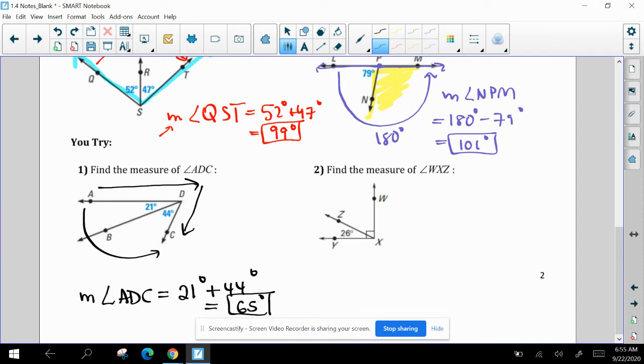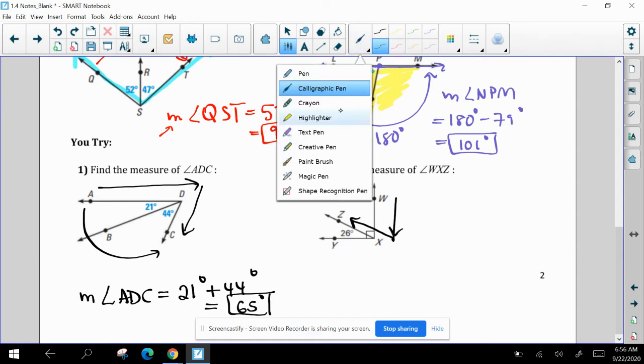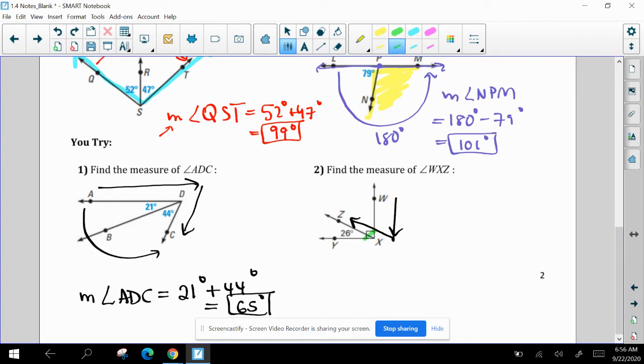In number 2, they ask you to find the measure of angle WXZ. It was WXZ. I know WXY is just 90, but WXZ, right? What is going to be helpful, or hopefully was helpful, is this 90-degree box. Basically that means the two angles together were 90. To go from here to here, it took me 90 degrees. If they just want to know how many degrees were from here to here, the measure of angle WXZ